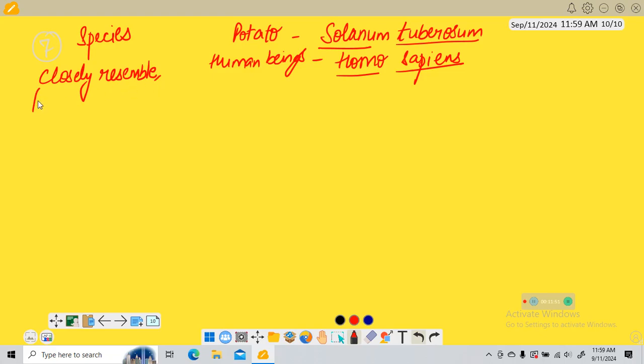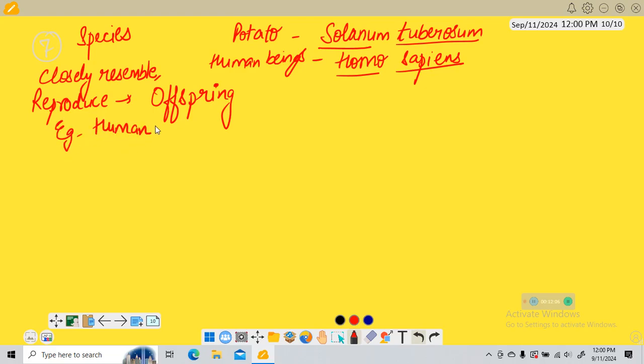And the one characteristic feature is they reproduce. That means they give birth to their offspring. Offspring means child or newborn. Now here I'll take the example of, let's say, humans. You can easily make out these all are humans. Cats, you can all easily make out there are various species of cats. Then you can easily make out there are number of penguins. These all are species. Now coming to a little bit higher level, that is genus.